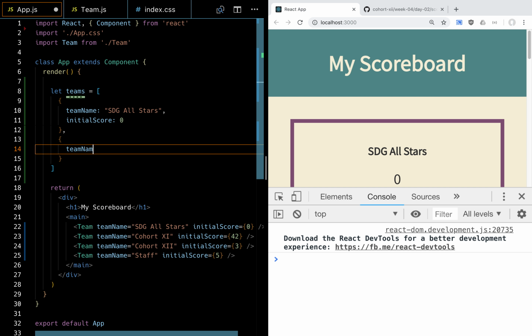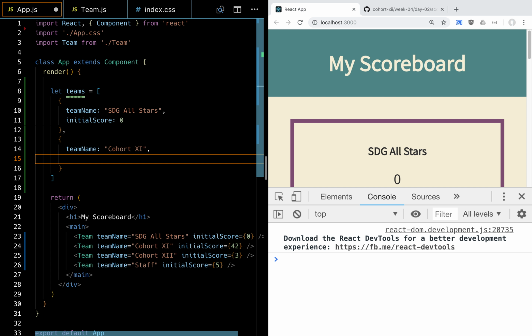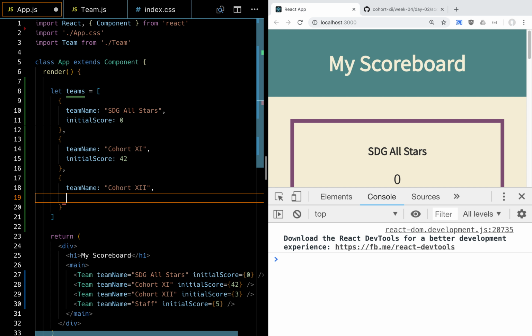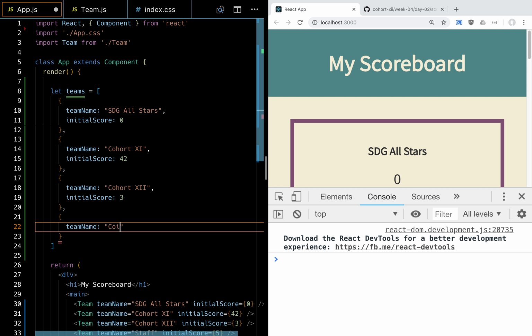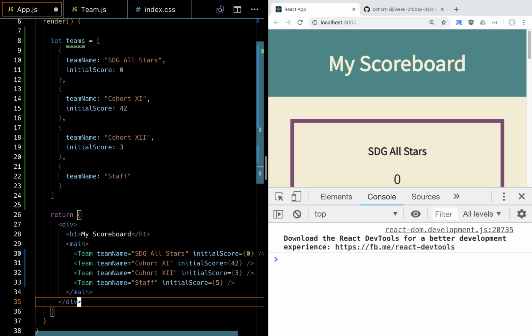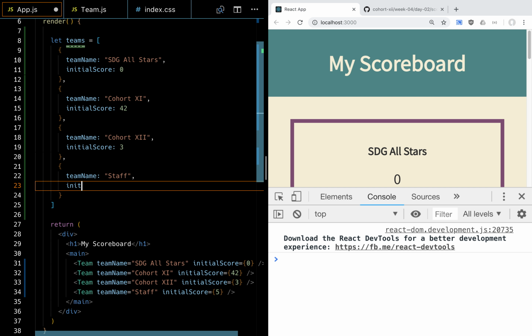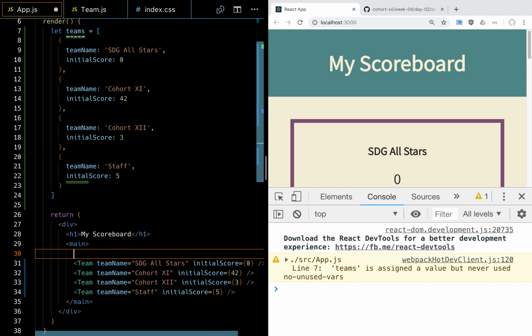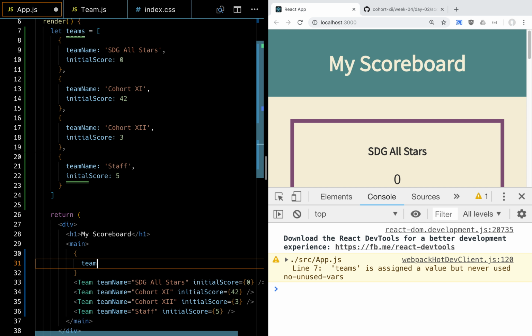And let's just repeat these. Team name is cohort xi, and the initial score was 42, and the team name is cohort xii, and the initial score is 3. And the team name is staff, and the initial score is 5. So here's our object. So now what we can do is in some JavaScript, we can say, let's take teams